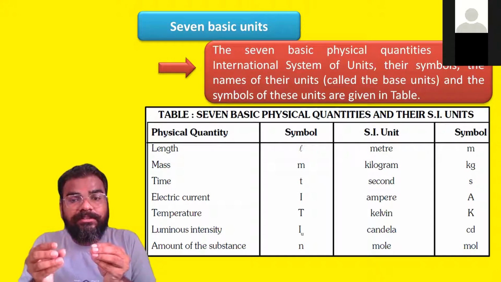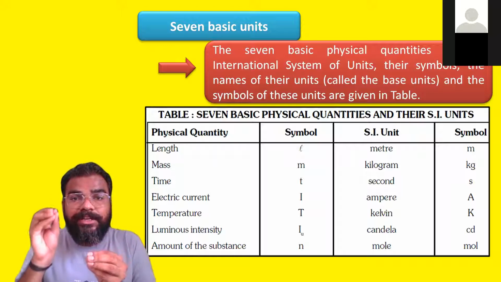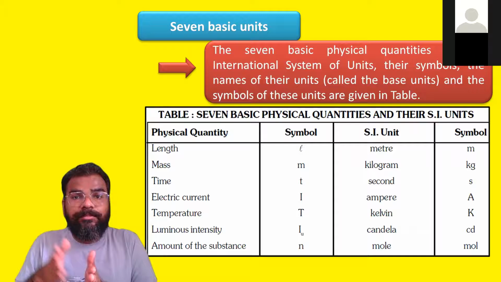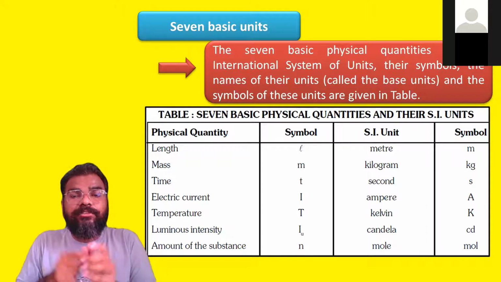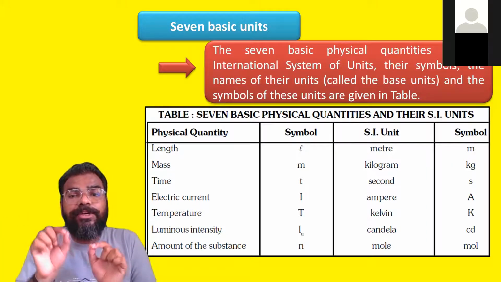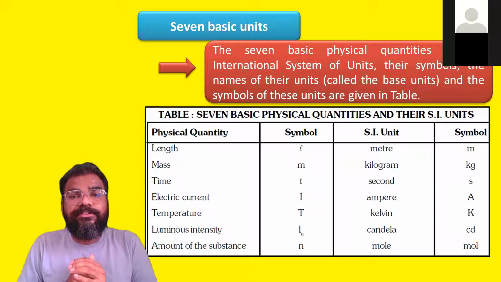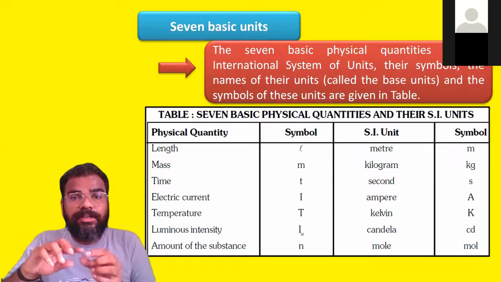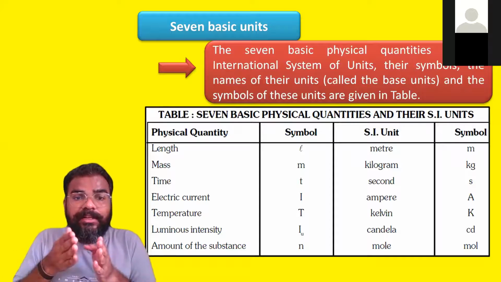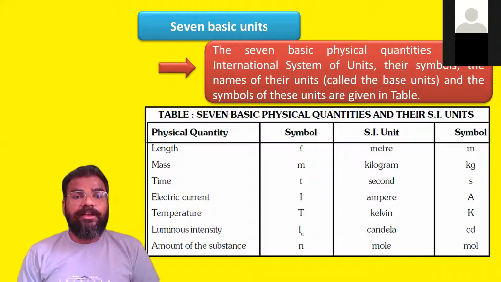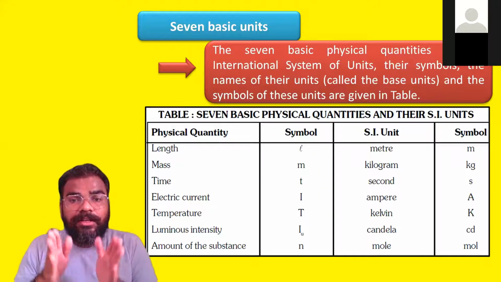Suppose if you measure the length, then you need to measure it in meter only। अगर आप इंडिया में हो, पाकिस्तान में हो, यूएसए में हो या फिर यूके में हो, कहीं पे भी हो, अगर आप लेंथ मेजर कर रहे हो, तो एसआई सिस्टम के अकॉर्डिंगली, साइंटिफिकली डेटा के अकॉर्डिंगली आपको मीटर उसका सिंबल, उसका यूनिट इस्तेमाल करना पड़ेगा। Okay, this is the system international unit। So throughout the world if somebody is measuring the length of anything, then they have to give it in the meter। Okay, so let us see this complete table in detail।